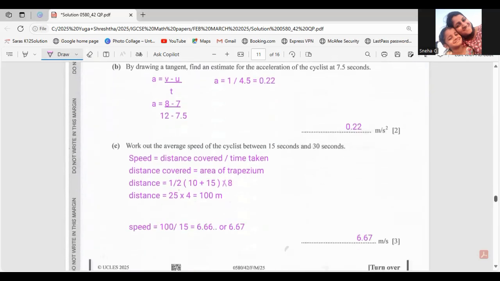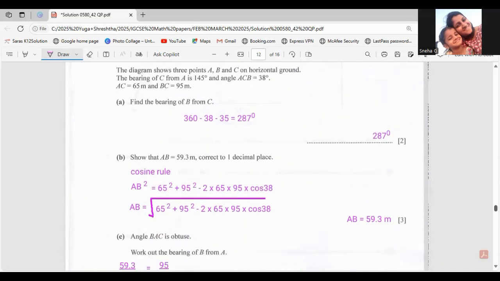On simplifying this, we get an answer for distance as 100 meters, because half into 10 plus 15, which is 25. So 25 multiplied by 4. The answer is 100 meters distance covered, and the time taken for this is 15 seconds. So 100 divided by 15, the answer is 6.67 meters per second. Scrolling down further,